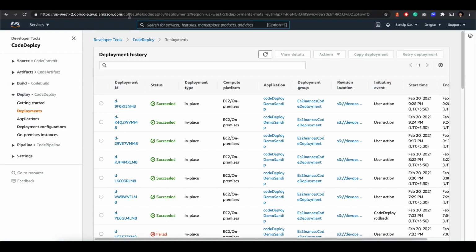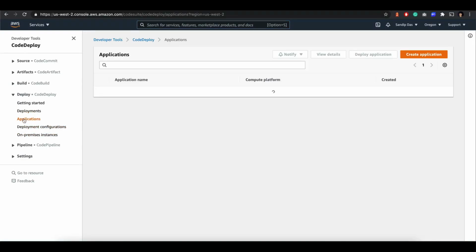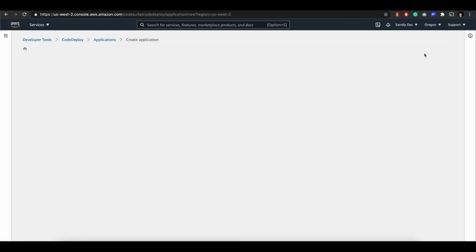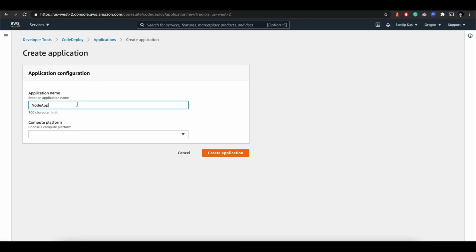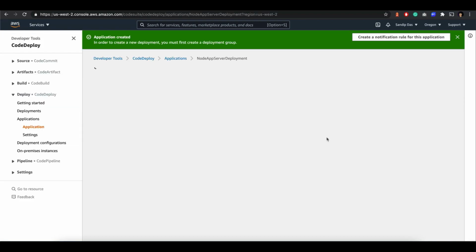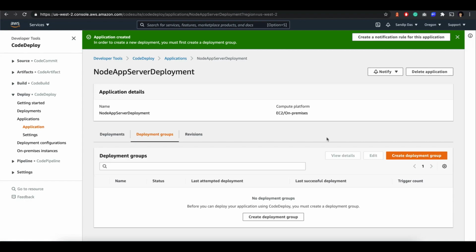Okay, so let's first create a CodeDeploy application. We'll call it node app server deployment. Okay, it's EC2/on-premises as the compute platform. Then create application, and after the application is created, you should go and create a new deployment group. So let's do that.